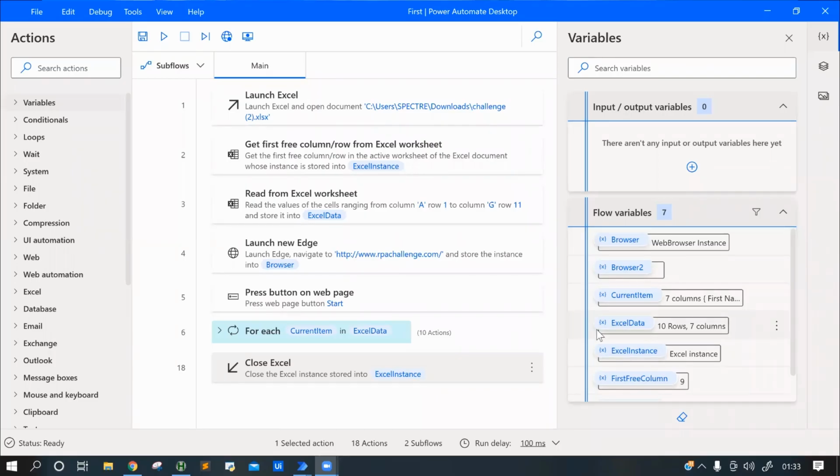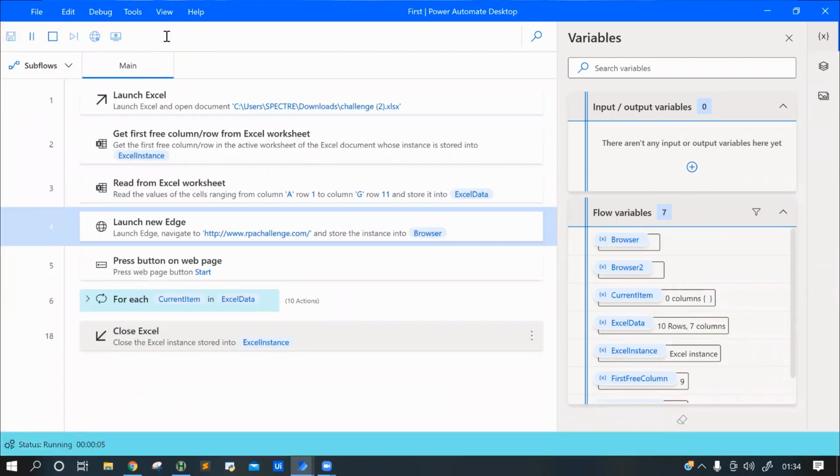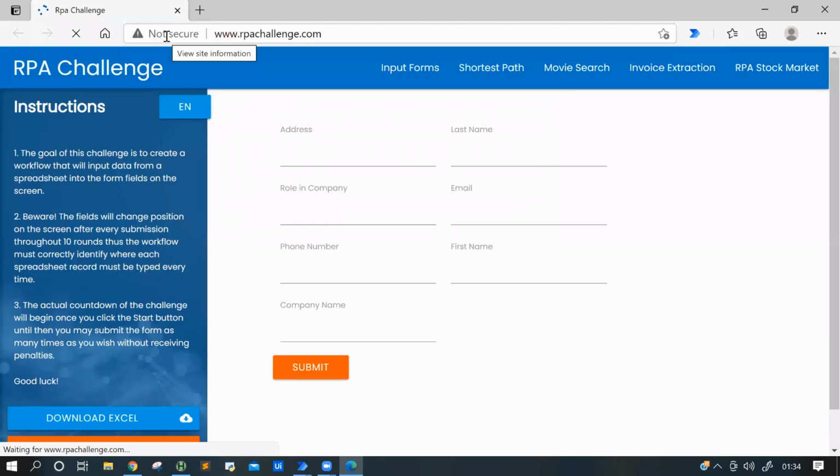My name is Rashmi Parekh, and today I'm going to show you how I have created a small workflow of automating the RPA challenge by using Power Automate Desktop. And so this is basically already the workflow. Let me just run this workflow. Meanwhile, the workflow is running, the main motto of this: I have learned so many things while automating.